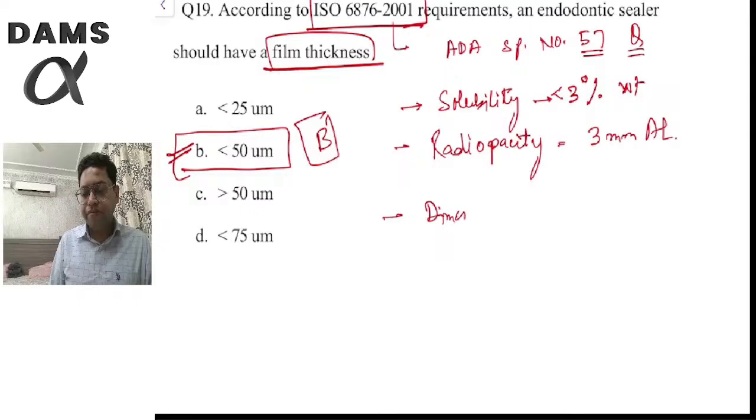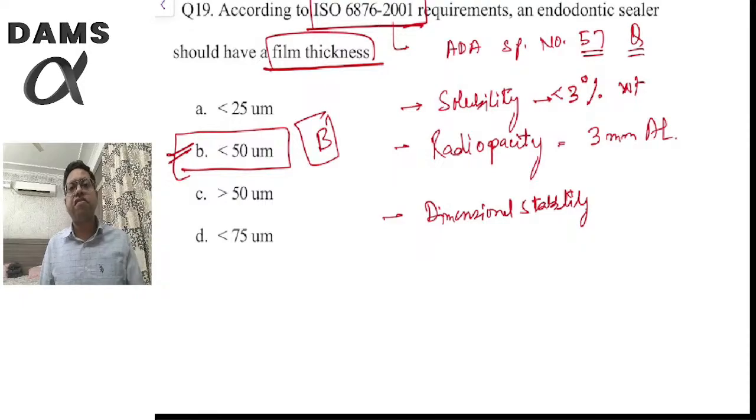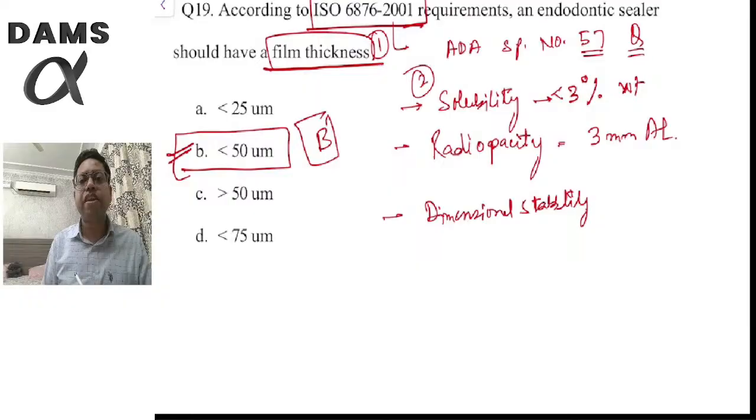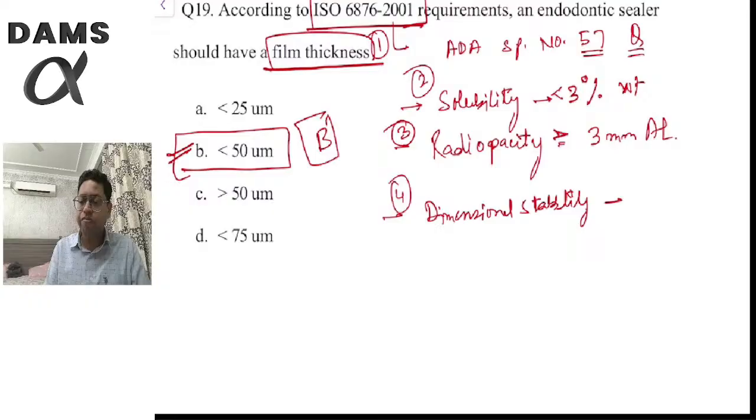Dimensional stability. I am telling you the requirements according to ADA specification number 57 or ISO 6876-2001 for the endodontic sealers. The first, film thickness, we have seen, should be less than 50 microns. Second, solubility should be less than 3% by weight. Radio opacity should be equal to or greater than 3 millimeters of aluminium. Dimensional stability: it should not expand or contract beyond a certain range. It should be in the range of